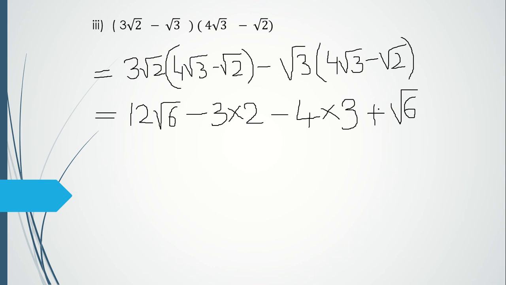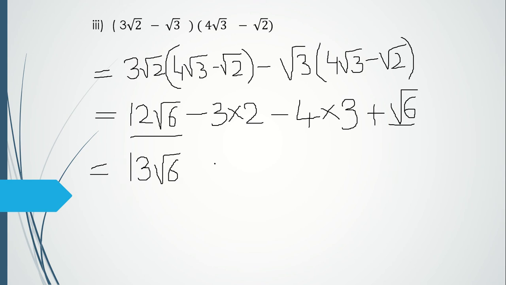Minus minus will become plus while multiplying. If you don't know the rules of addition, subtraction, multiplication, division, what happens with the signs, please go and watch the video that I've made on rules. Okay, so that's going to be root 6. Now let's see what we get further. This is 12 root 6 plus root 6. These two are like surds. You can see that 12 root 6 and root 6 is going to become 13 root 6. 12 plus 1, 13 root 6.